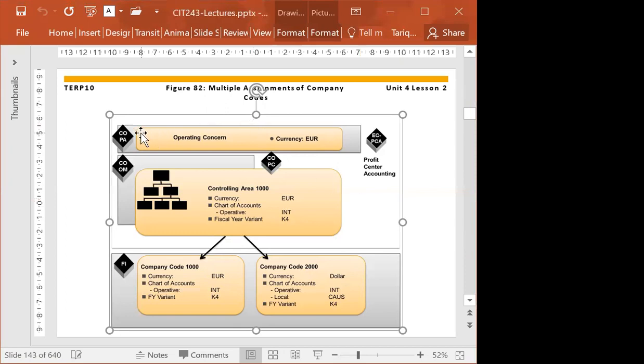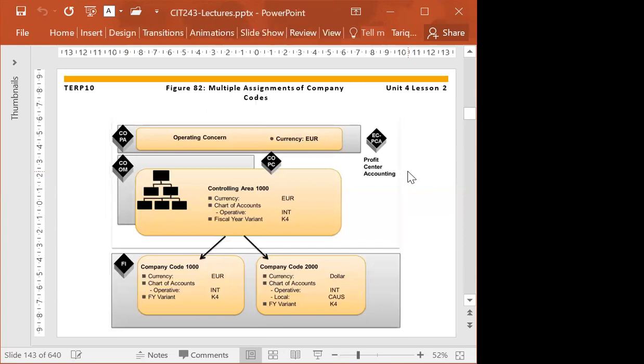You can see here that we are having profitability analysis. So any transaction that happens in finance moves towards the controlling, going to profitability analysis and going to profit center accounting. So these are receiving ends only, for reporting purposes, for statistical purposes, not for distributing the cost, doing debit and credit to other objects. No, they are statistical objects. They are just receiving the cost or receiving the revenue. Any question here?